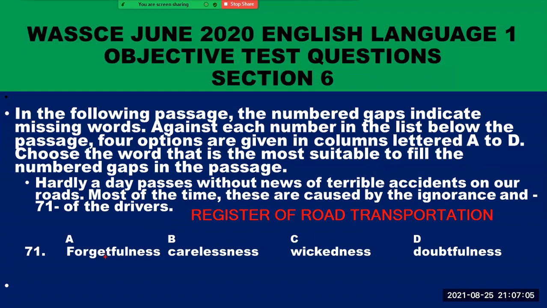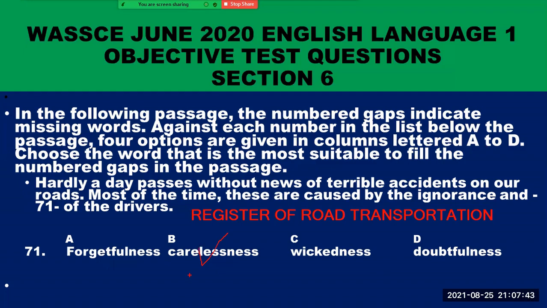Now, A, forgetfulness, no, because it doesn't really fit into this field of activity. Carelessness, that is option B, is correct because another word for carelessness is recklessness. All right, reckless driving. Option C, wickedness, is out of it. Doubtfulness is also out of it. So you need to understand words that are appropriate in a particular